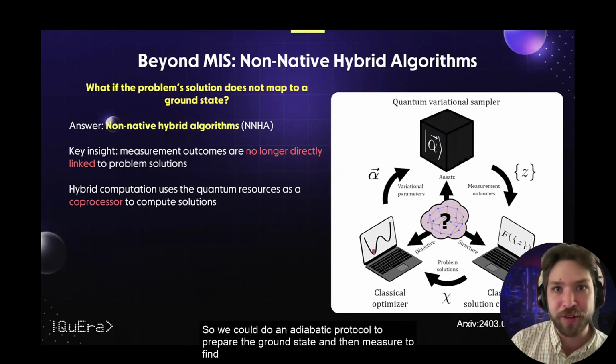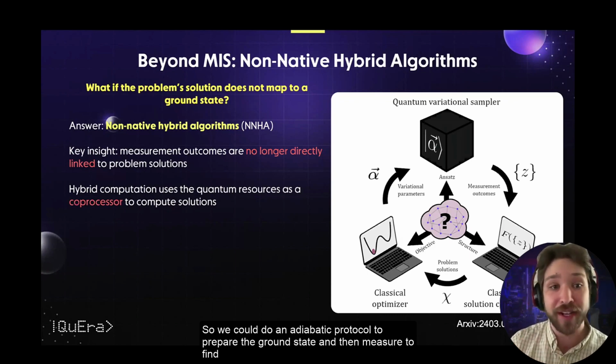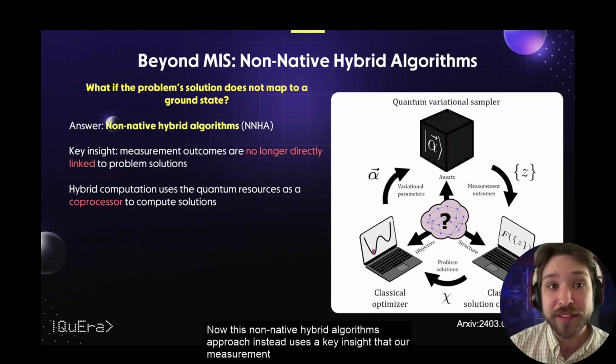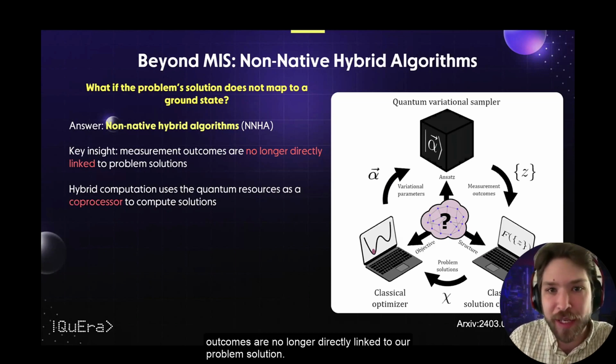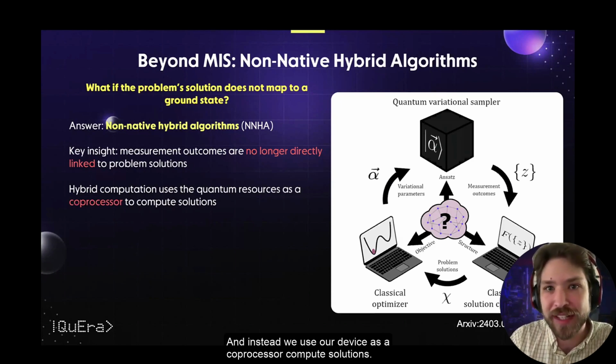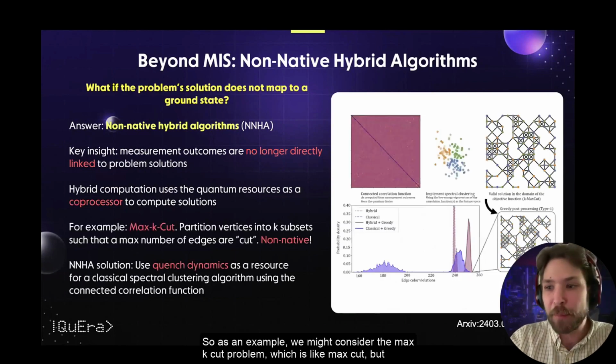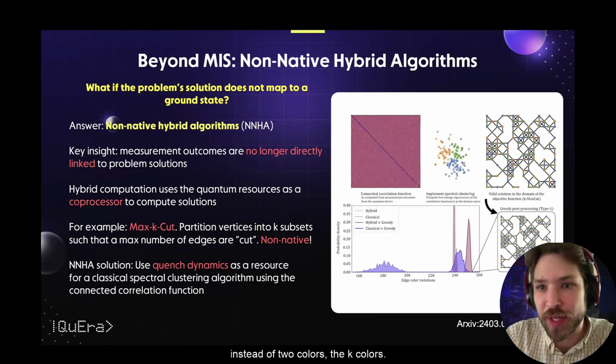So we could do an adiabatic protocol to prepare the ground state and then measure to find our solution. Now, this non-native hybrid algorithms approach instead uses a key insight that our measurement outcomes are no longer directly linked to our problem solutions. Instead, we use our device as a coprocessor to compute solutions. As an example, we might consider the max k-cut problem, which is like max cut but instead of 2 colors, k